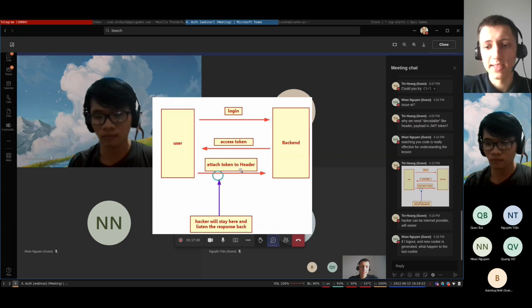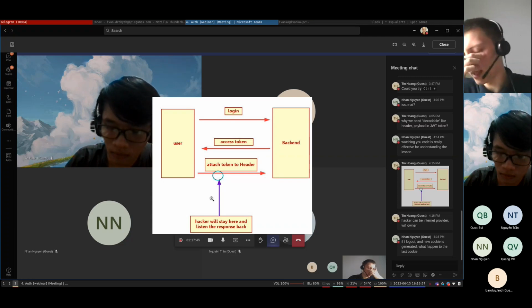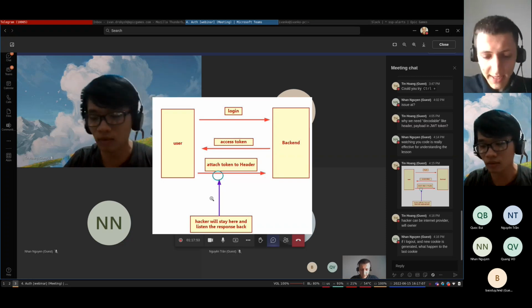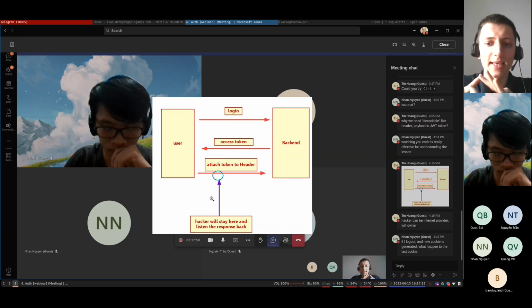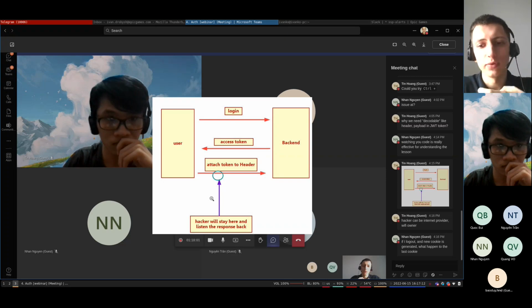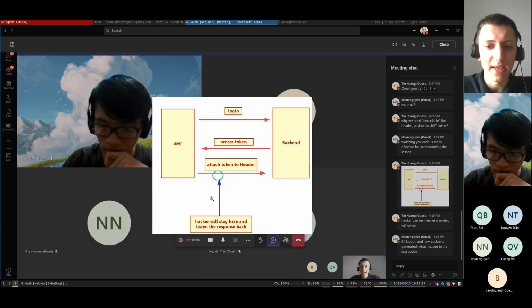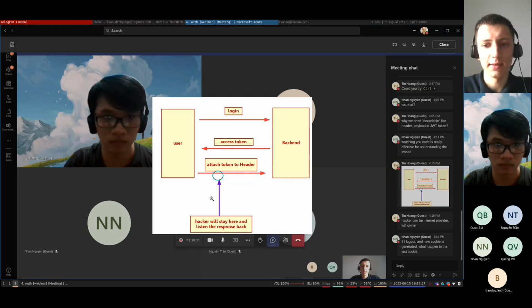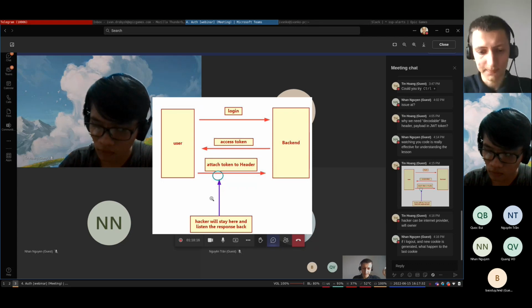But actually, this attack, which you showed here, the name of this attack is man in the middle. You can Google it, but shortly, it HTTPS. I mean the secure one. In HTTPS, when you send the request, all body, all headers, and even the query parameters will be encoded. Yeah, and hackers won't be able to listen to this traffic. Even if they listen, they will see different symbols, but they won't be able to decode this information because